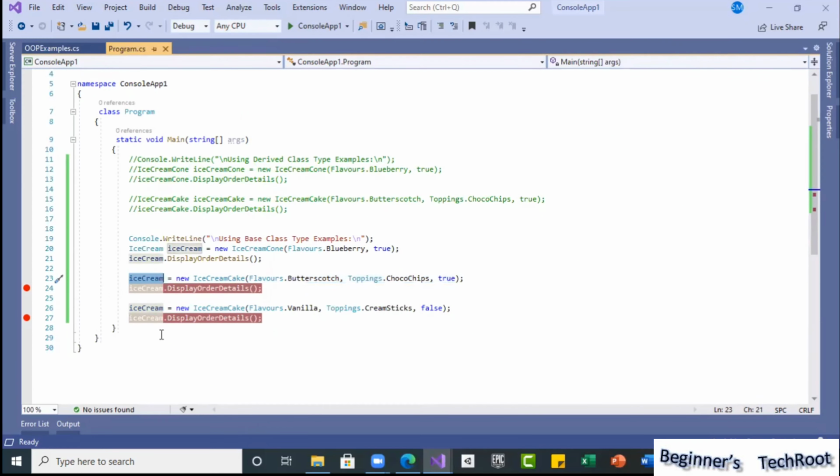In both cases the declared type is only ice cream, but depending on the object we assign, the respective method is called.